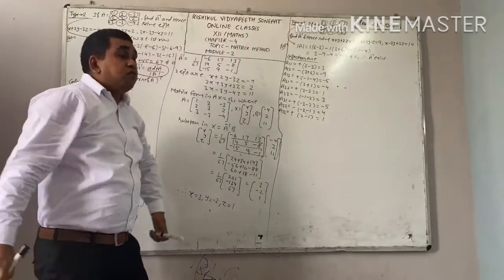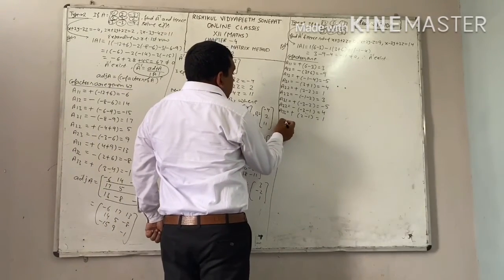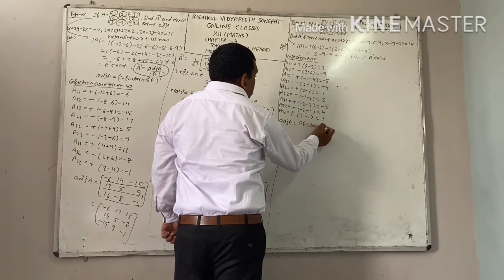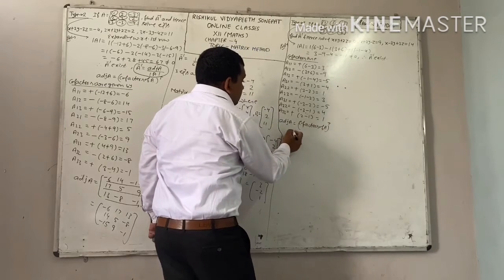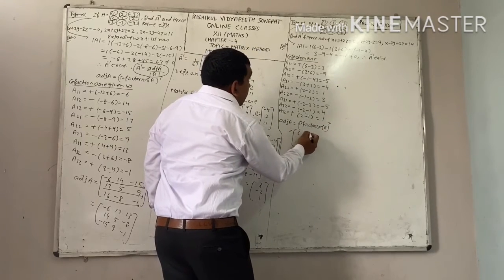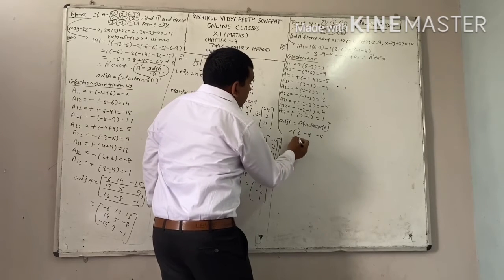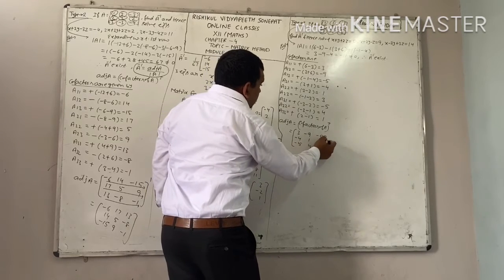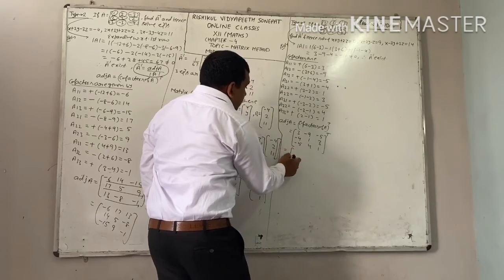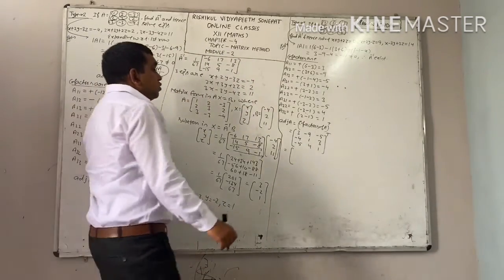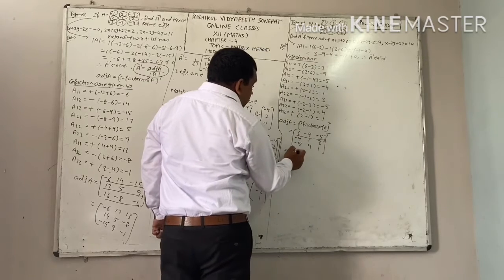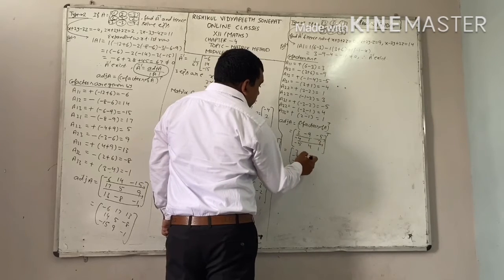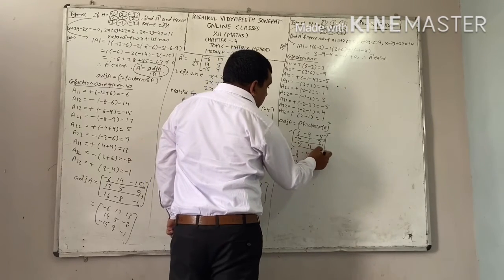These are your cofactors. Therefore, you can write down the adjoint of A. Adjoint of A, you know very well, equals the cofactors of A whole transpose. First of all, write down the cofactors: 3, minus 9, minus 5, minus 4, 1, 3, minus 5, 4, 1. Now we have to take its transpose, and taking transpose means interchange rows and columns. This is your first row, write it in the first column: 3, minus 9, minus 5. Second row, write it in the second column: minus 4, 1, 3. This is the third row, write it in the third column.